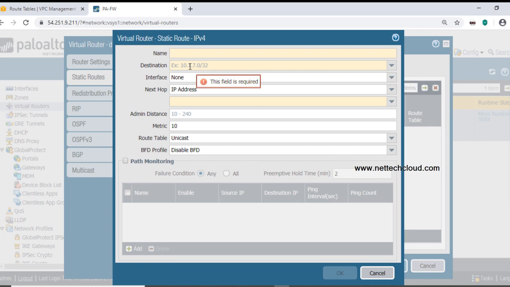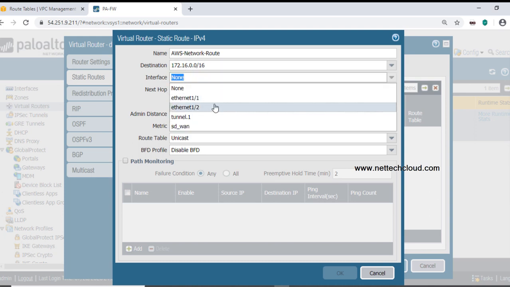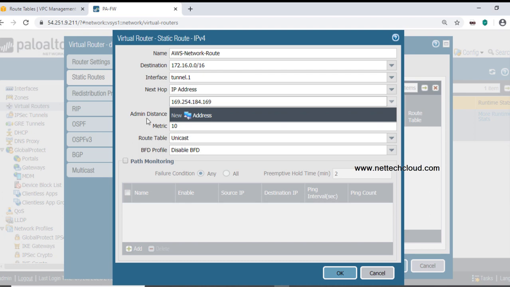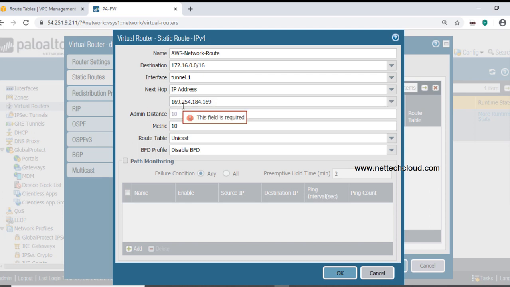The route is the AWS network route. I'm creating a route for the major network, like the CIDR block, and the interface should be the tunnel interface. The next hop IP address is in the APIPA range, 169.254.